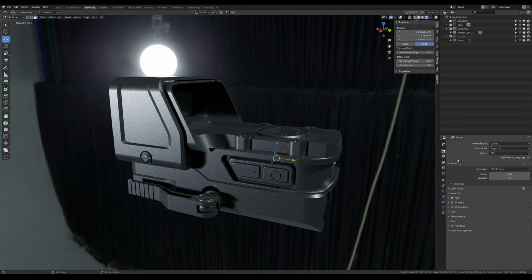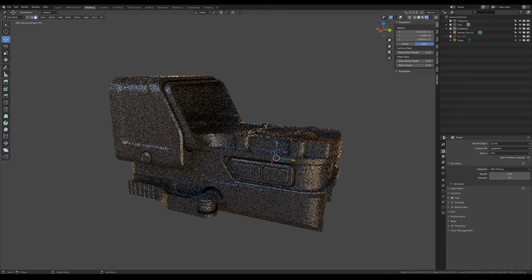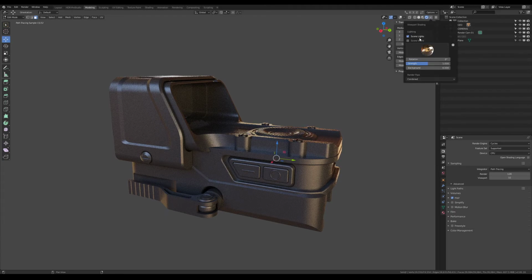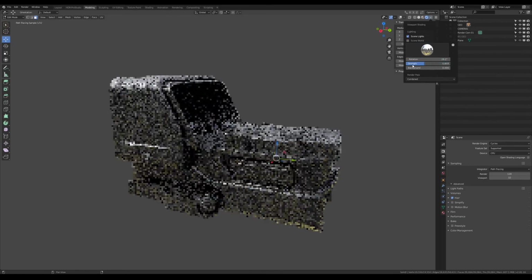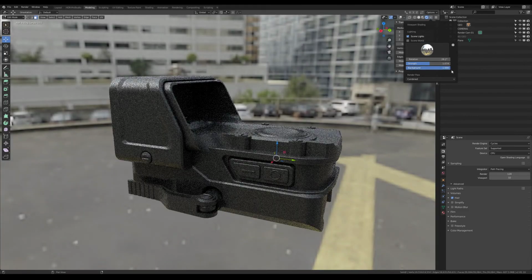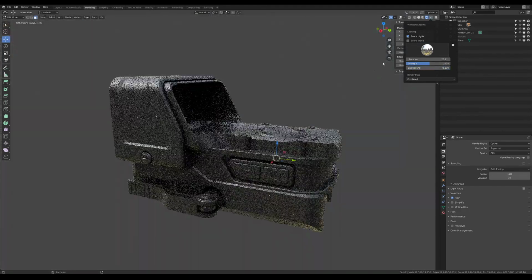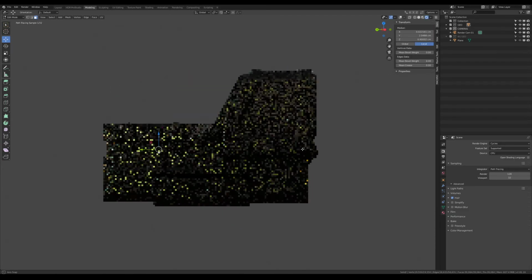So in Cycles or Eevee, either one, you can go here, and if you turn off Scene World, it'll give you different HDRs you can pull from. And with these HDRs, you can rotate them, pull up and down the strength, choose how much background you want. So this is pretty nice, and it's a good way if you just need to quickly light your model with